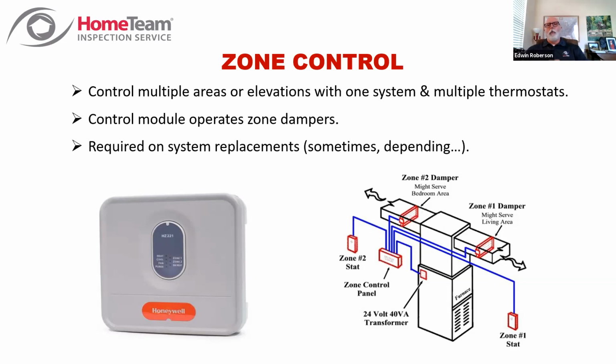So also be aware too, you run into this occasionally as an agent. Some of the older systems, and you really stopped seeing it probably mid-90s, but you go back far enough and we'll still see a few of them here and there, where a home has 2 levels, but it only has one system and it only has